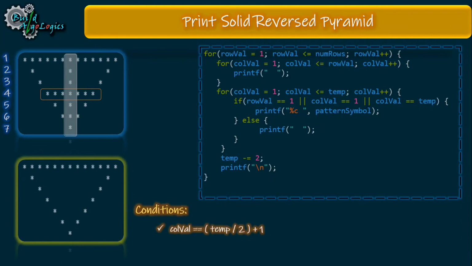So we can say this is nothing but our first extra condition. Now this part is also similar. Instead of considering column values as before, these values are rows here. So this is also approximately half of the num rows. We can use this condition for printing this part here. And yeah, these are all the conditions to print this specific pattern. Let's give it a try.